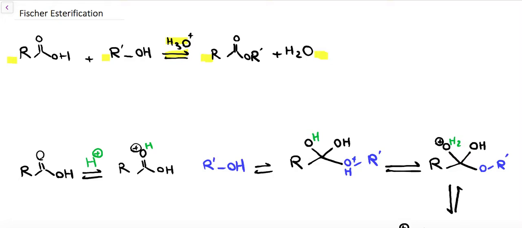So how do we force the reaction to go forward? Well, we can use Le Chatelier's principle to drive the reaction forward. There are a few ways to do this. One method is to remove one of the products as it's being formed. Because one of our products is water, it's pretty straightforward to remove water from the reaction mixture as it is being formed. Or we can also distill the ester, as long as the ester has a lower boiling point than the